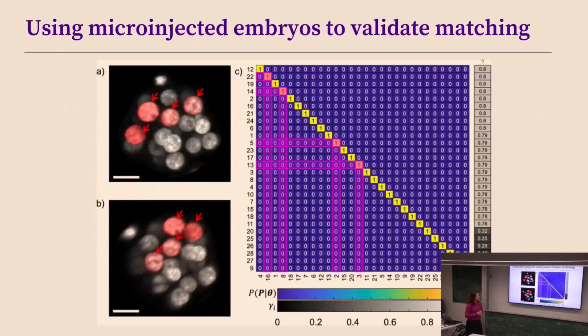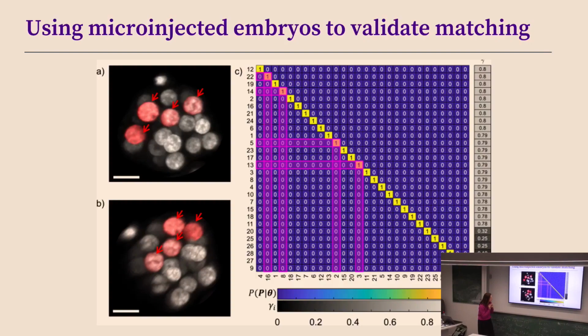The next thing we could do, I was fortunate enough to work with a really talented postdoc. He was a surgeon and had incredible hands in the lab, and so was able to micro-inject individual cells within the embryos so we could tag them with the fluorescent protein. So these 4 cells in red, he would inject them and be able to make them glow like that. And what we could do is image the embryo after we've injected them, then effectively blow the embryo across the dish so that it would rotate, move around, image it again, and then try and match the cells in between